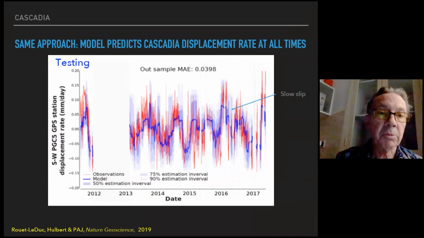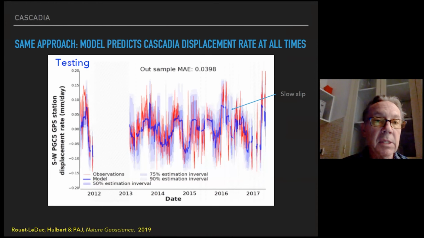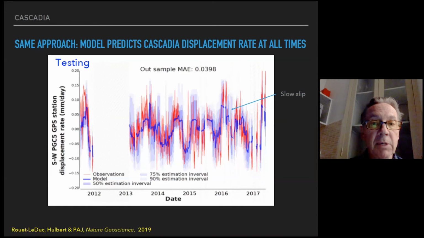We're using the same general approach. In this case, it was XGBoost. What you see on the left-hand axis is the GPS displacement rate. This is a displacement rate rather than direct displacement as a function of calendar time. There's a data gap here between 2012 and 2013. Thus, there's data missing. But previous to that and following that, the red is showing us the GPS signal recorded